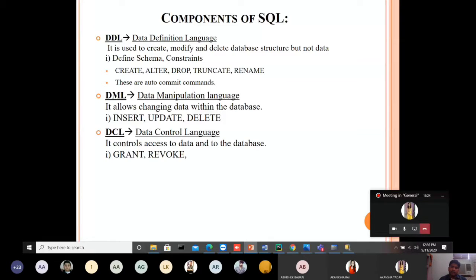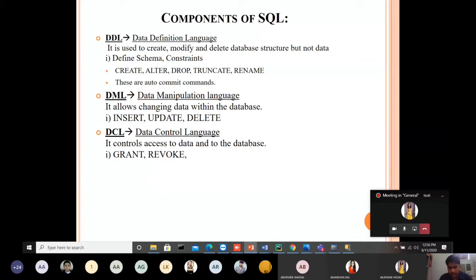The third type of SQL sublanguage is called DCL, or data control language. Whenever any user wants to access the records stored in the database, we have to provide some permission to access. Permission is granted using the grant statement.